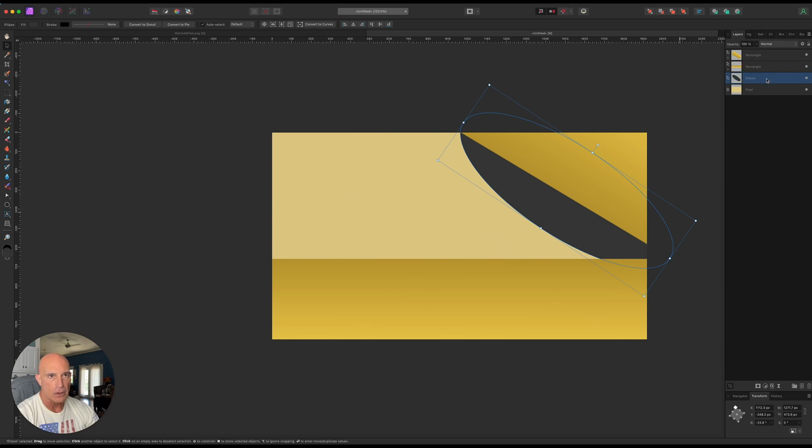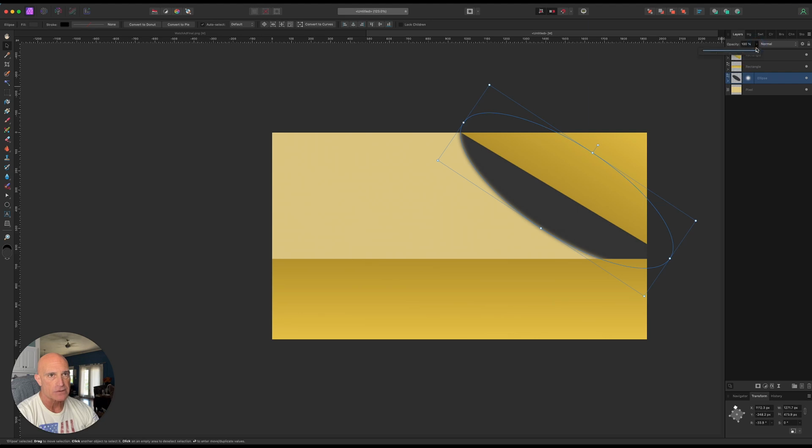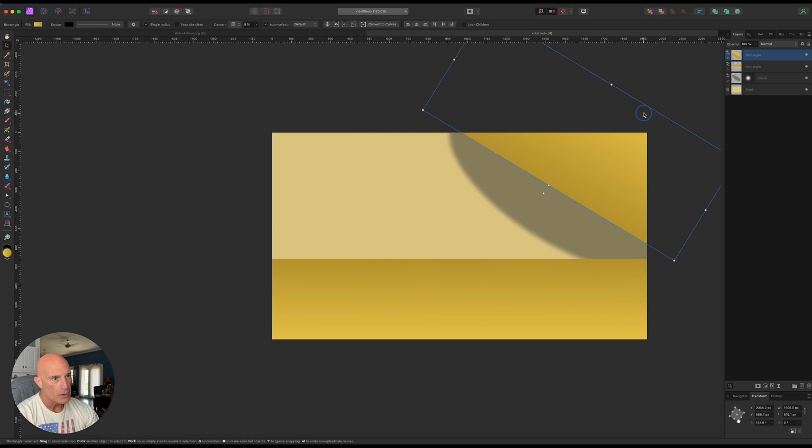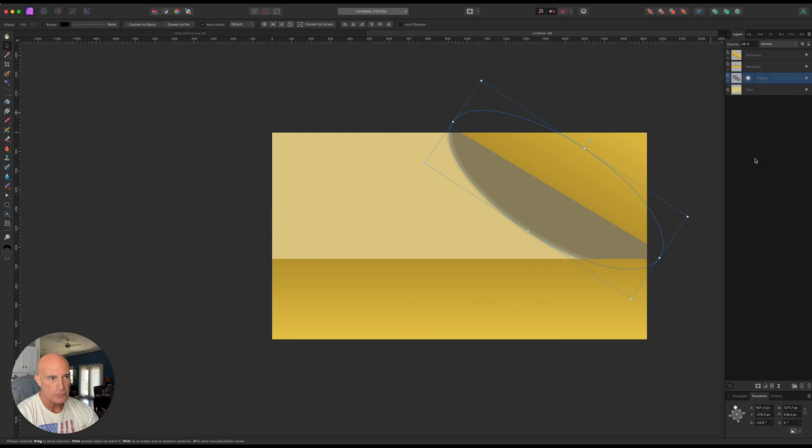And so with that one, we are also going to add a Gaussian blur to it. And I think we need to lower the opacity a little bit on that as well, so it shouldn't be so harsh. And then we'll move it up this way a little bit. And then what we'll do there, let's go ahead and duplicate that layer. And we'll size it down some, rotate it